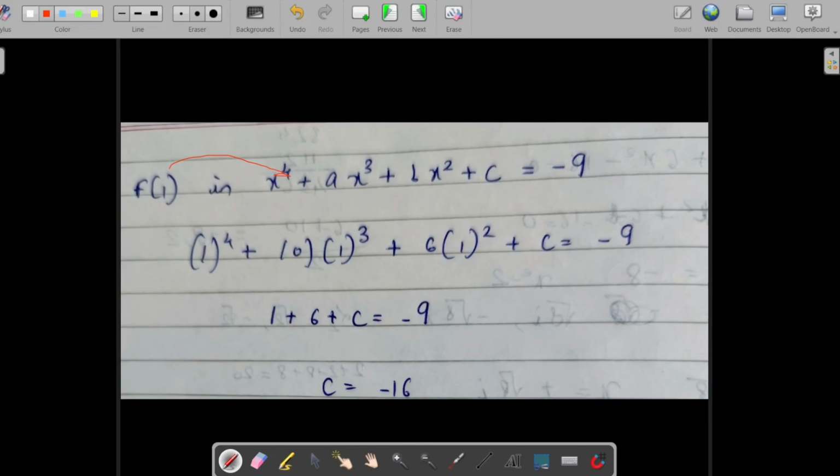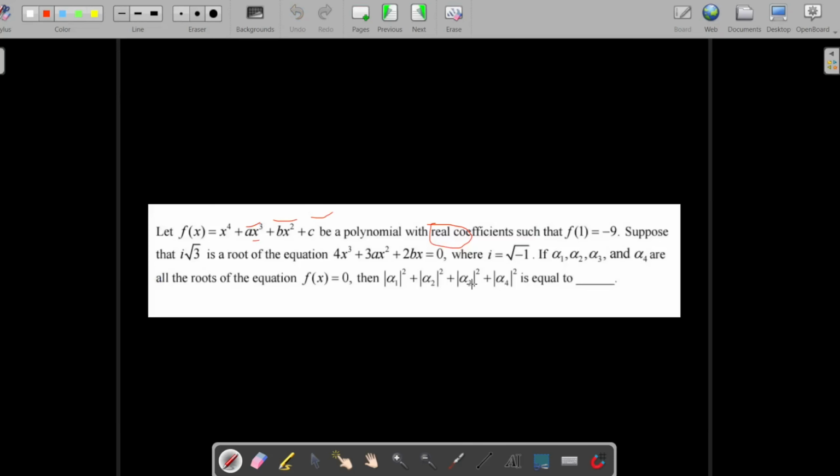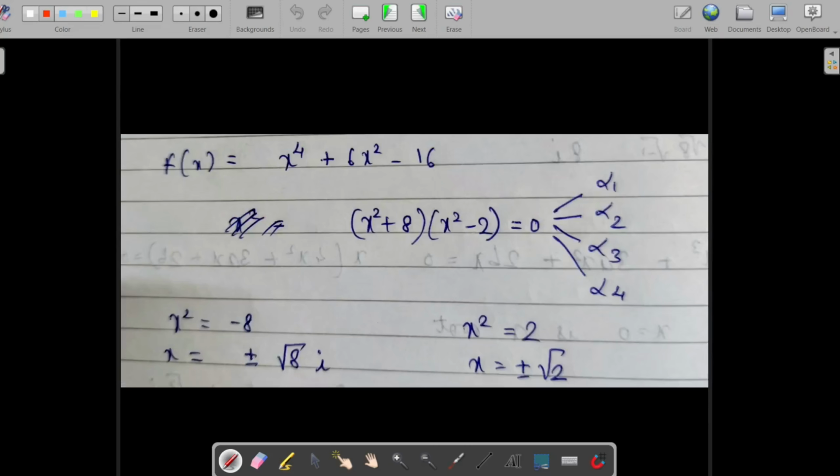And on solving, we get c is equal to minus 16. So basically now we have all the coefficients of this equation. We have the entire equation now. So we can easily find the roots of this because a is 0 and this equation assumes a form which is easily factorizable. We have x raised to power 4 plus 6x square minus 16 after putting the values of a, b and c, and so it easily factorizes as x square plus 8 into x square minus 2